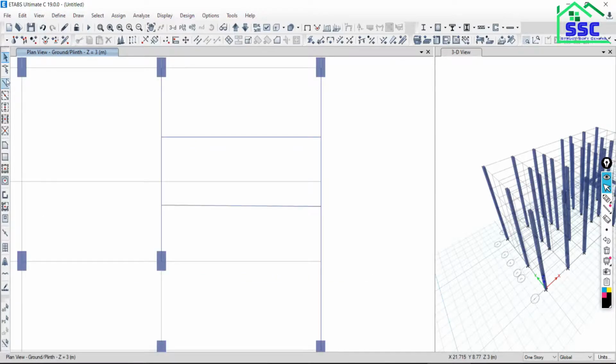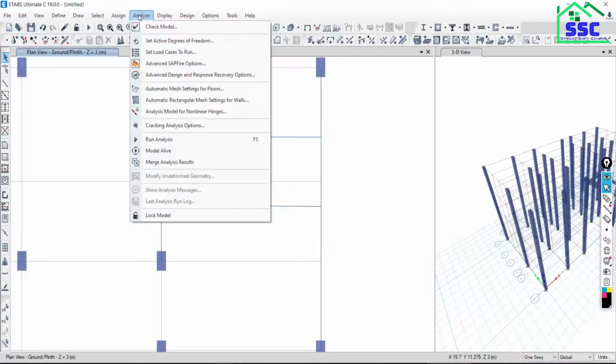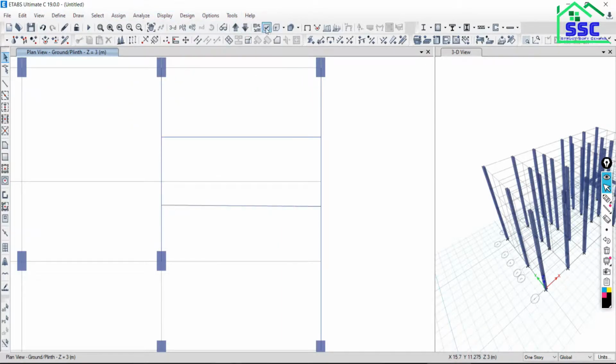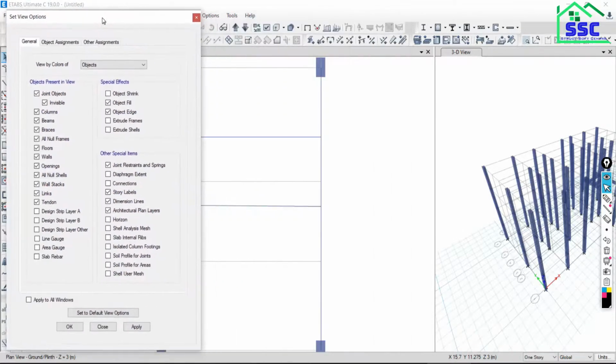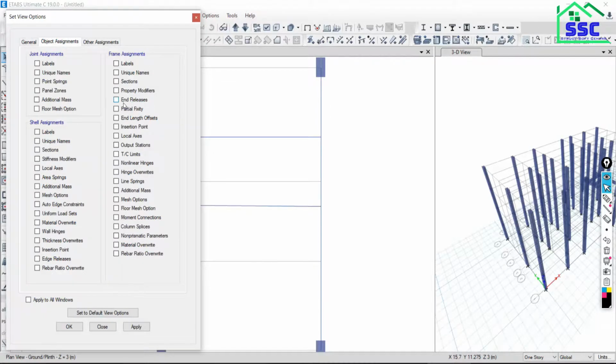So what will happen here? Just go to display, go to set display option, go to frame section, object assignments, and just see releases, check this option and say apply.